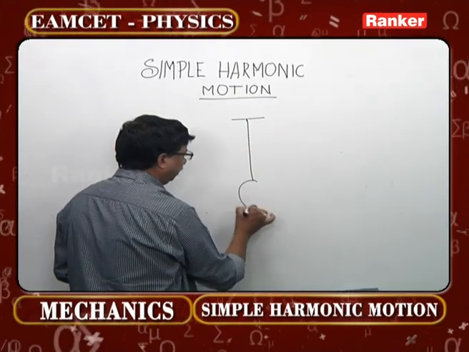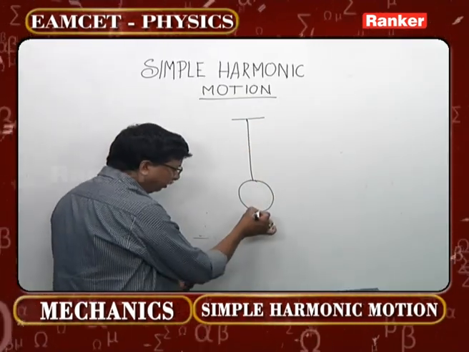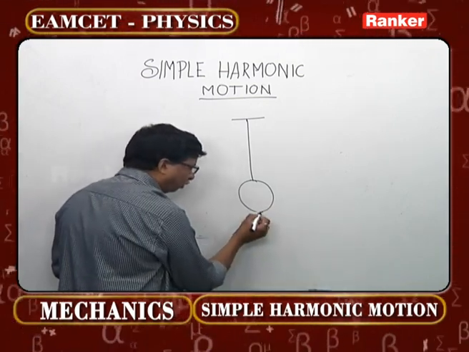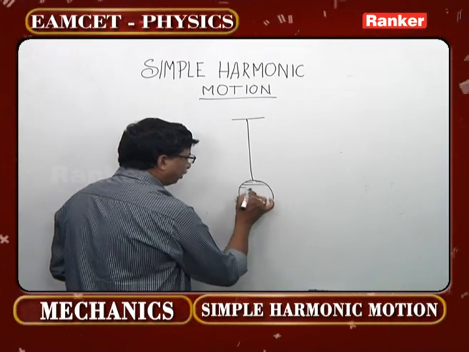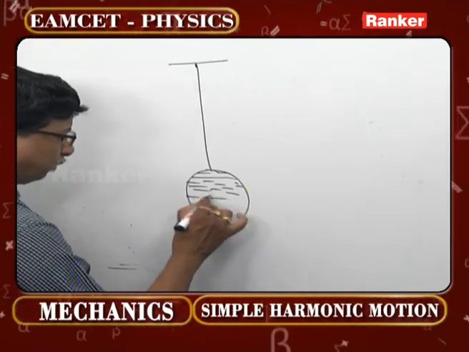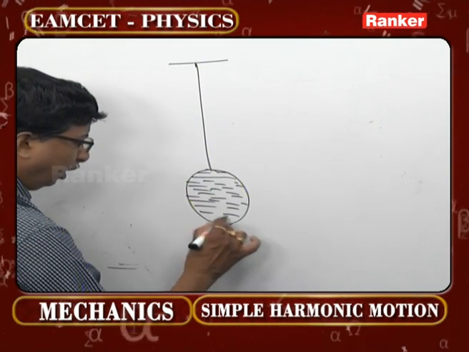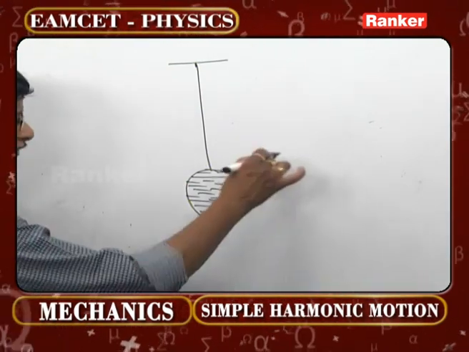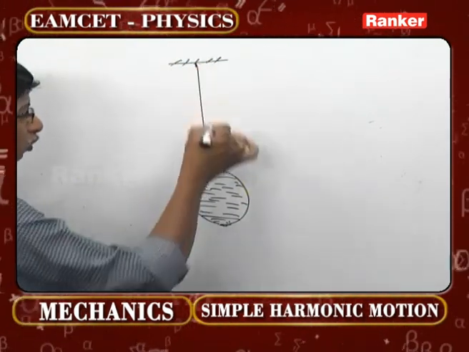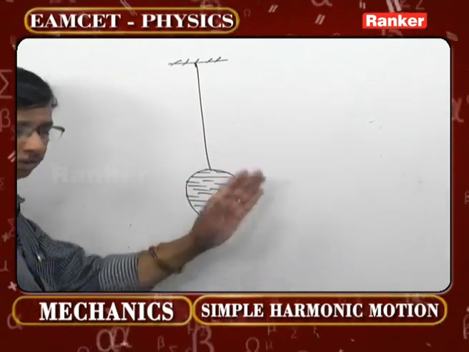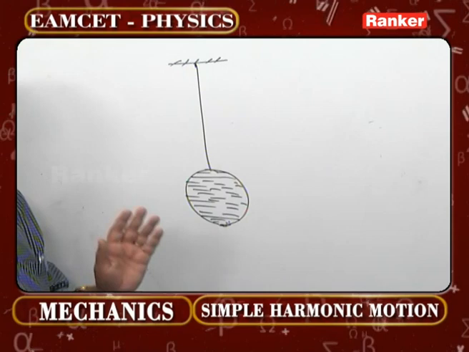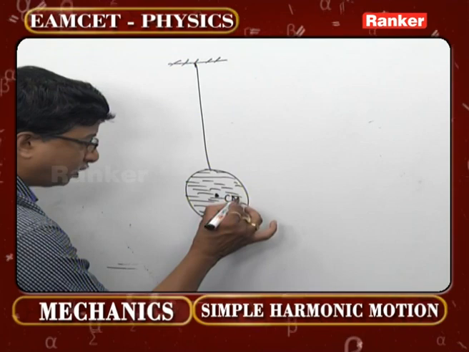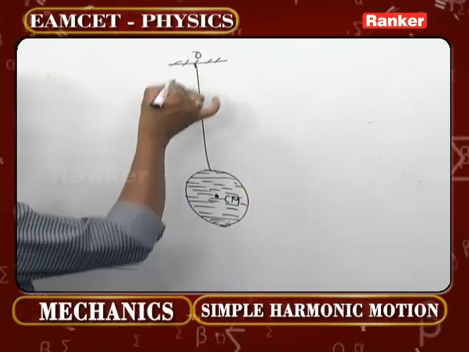This is a pendulum, say, with a hollow bob. There is a small hole that is made at the bottom, say like this. A very small hole, of course. It is now filled with water according to the question that has been given. In general, when you put a plug over here to cover this hole, and if you start making this oscillate to and fro with respect to the mean position of rest, that is, it is now in simple harmonic motion. Now what happens? This being the center of mass of the system, from the point of suspension to this